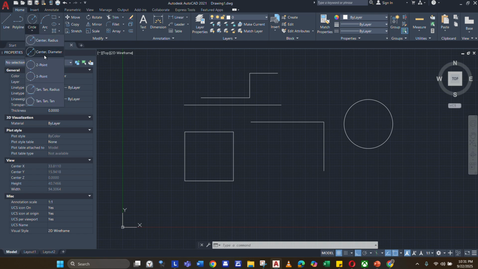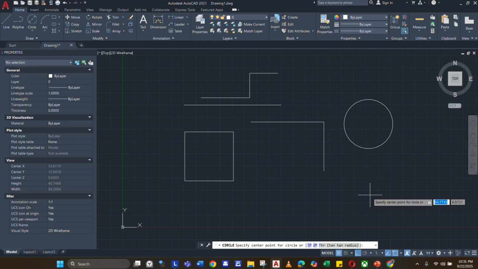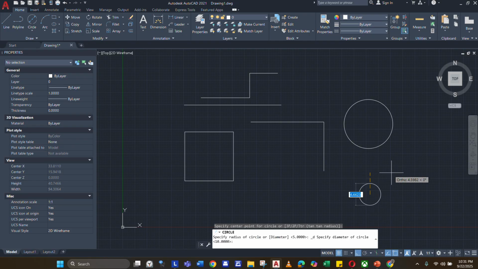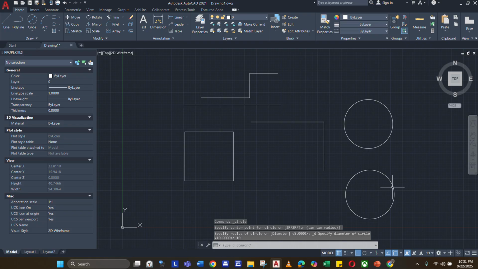Now, if I do a center to diameter circle, it's still the same thing. You click on your workspace and it will show you the dashed line. And this dashed line will show you the diameter of the circle that you want to draw. Let's say 10. So this is a 10 because this is the same size with this circle, and its radius is 5, and the diameter of this one is 10. So 2 radiuses is 1 diameter.